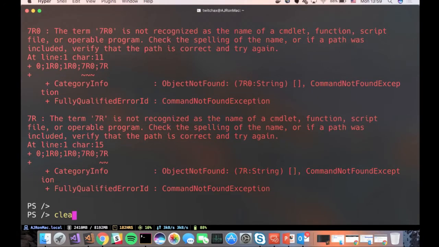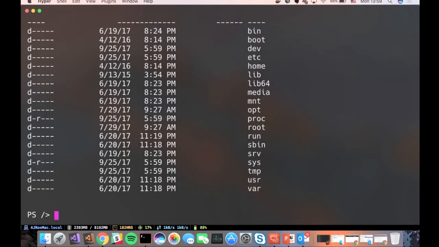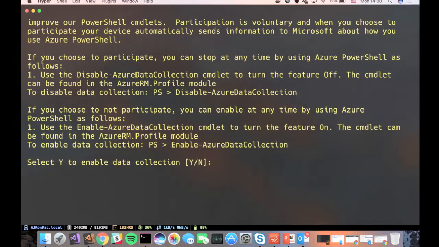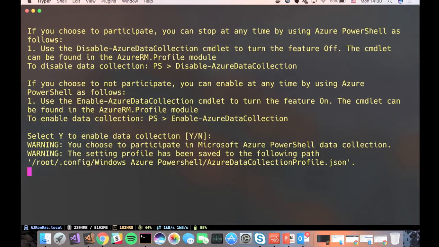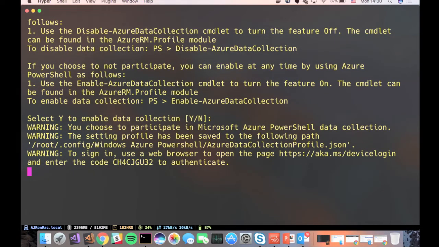And there's always a little bit of pain when using PowerShell on Docker right now. But we are now in PowerShell. I can use dir on the Linux container that I'm running right now. I can also use my Azure PowerShell commandlets. So if I want to log in, I can log in with Azure RM account. We don't have the ability to pop that nice little IE frame that you get in Windows on a core, especially in Docker. So we use the device login,